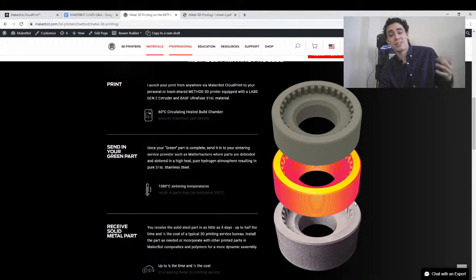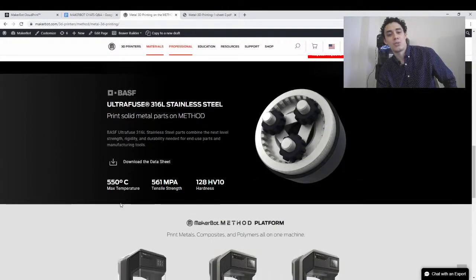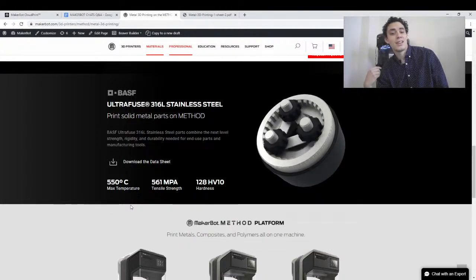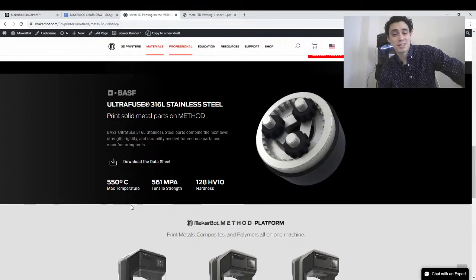The printing process, as I said before, has 3 main elements: print, debinding and sintering, and then receiving your solid part. The first one is taken care of by the printer, the second one by the post-processing facility, and the third one is just you enjoying the solid metal part. Finally, some stats for the material itself. It goes all the way to 550 degrees Celsius in temperature resistance. The tensile strength is crazy, like 560 megapascals, and a hardness of